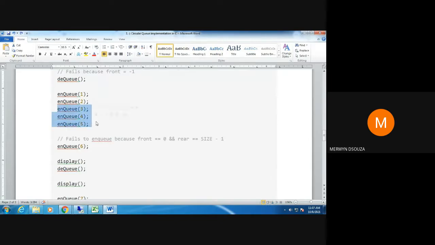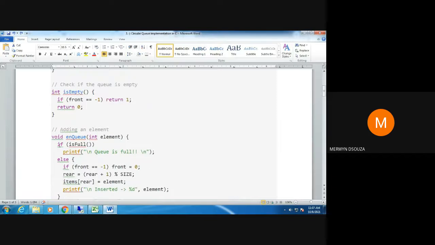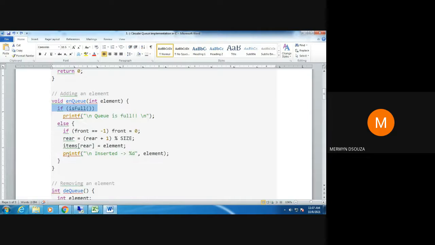How it works. Now when I try to enqueue 3, when I try to insert this element 3, this condition here will be false, so you go to the else part. In the else part, when you check the value of front, it is again false. So you will come here and do this condition. What is the rear value?